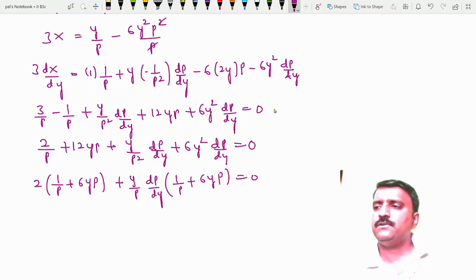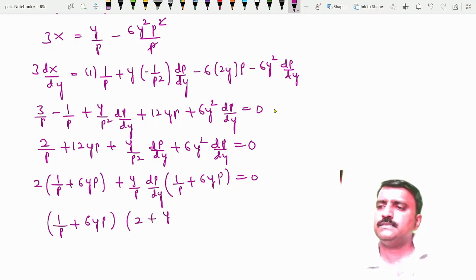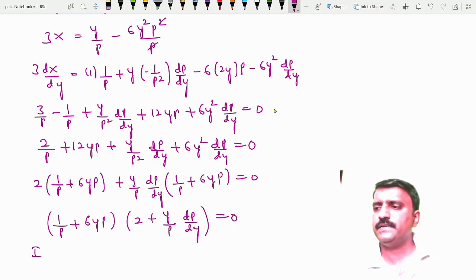So again you take 1 by p plus 6yp as the common factor. Remaining here is 2 plus y by p into dp by dy, equal to 0. Ignore the first factor, as usual, because it does not contain any dp by dy term. So ignoring the first factor,